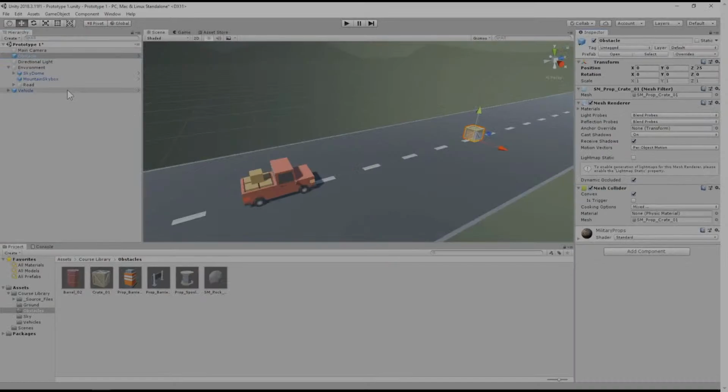And then what you're going to do is you're then going to select your vehicle, and you're going to rename the vehicle that you have selected to just be